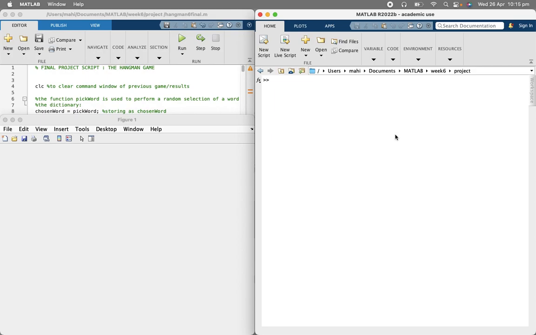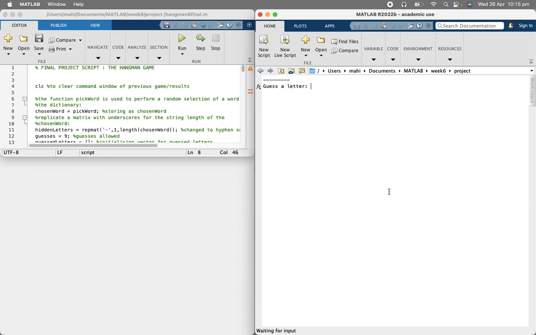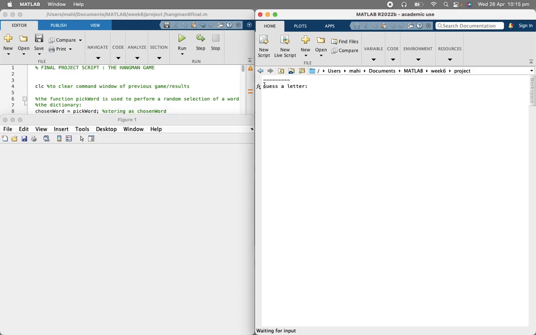My version of the Hangman game and the functionality of its code. This is my final script right here, and this is my command window and my figure 1. So I will show the different ways that this code can be run. Initially it shows the user the dashes representing the amount of letters, and it will also prompt the user